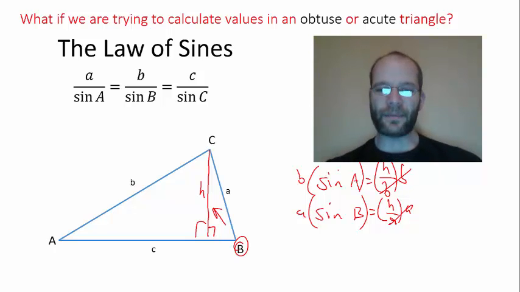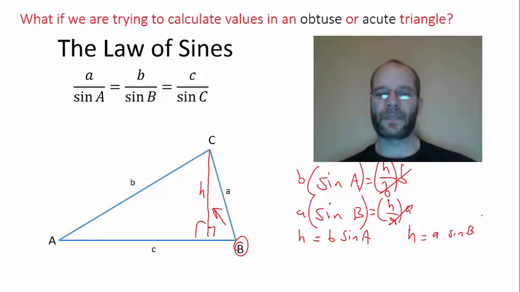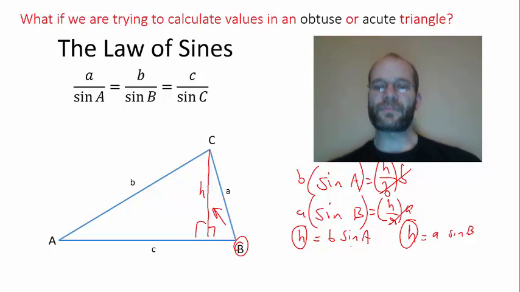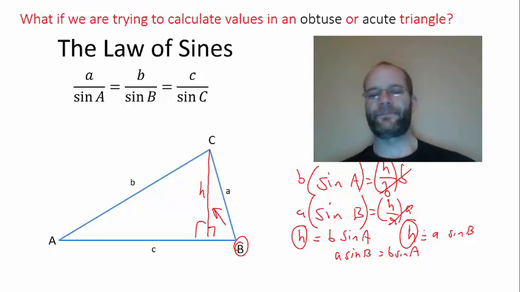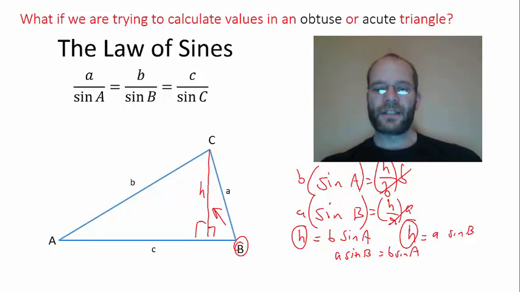In the top one, I end up with h equals b sine A, and the bottom one I end up with h equals a sine B. You can see that these two expressions have an h on one side, and so therefore using the substitution property, or the transitive property, we can say that a sine B equals b sine A. Now we can rearrange this to read as follows. If we divide both sides by the sine of B